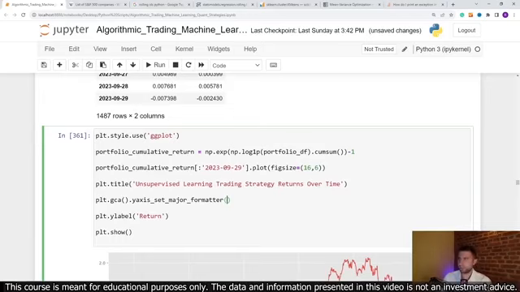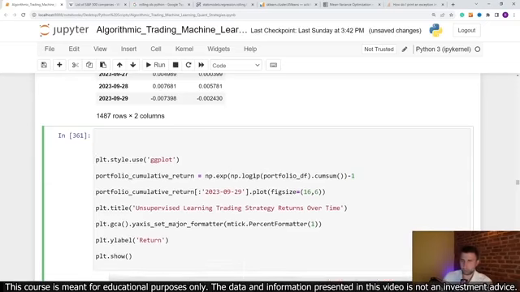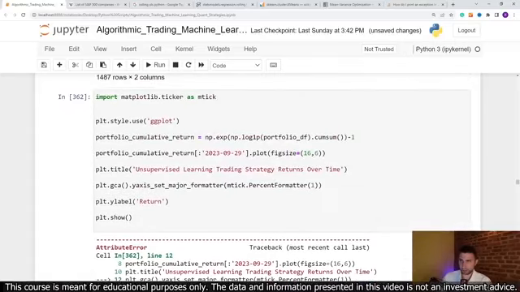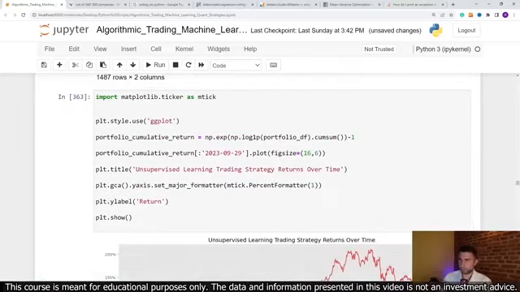There is a percent formatter from mtick, but I think we have to import it up here, so we have to import from matplotlib ticker as mtick. Import it as mtick, and this would do it. Y-axis set major formatter,